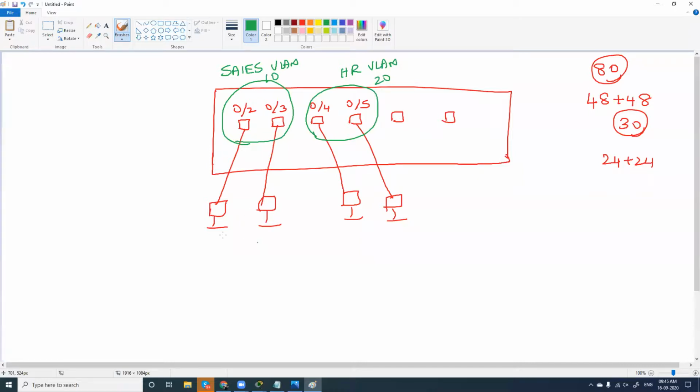After this, I'll try to ping from this computer to this computer. Yes, this will probably work. The IP addresses we'll keep as 1.2, 1.3, 1.4, 1.5, with the default subnet mask for all the computers. And when you try to ping from one VLAN to another VLAN, you will not be able to ping.